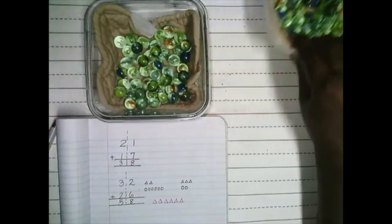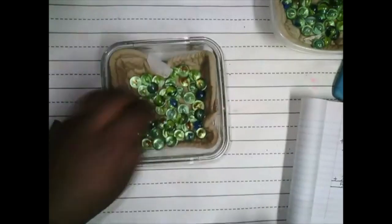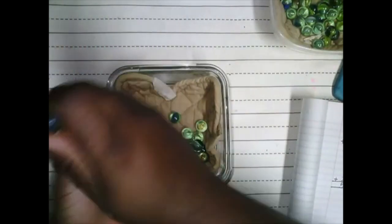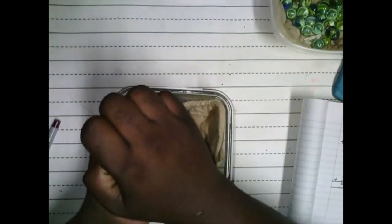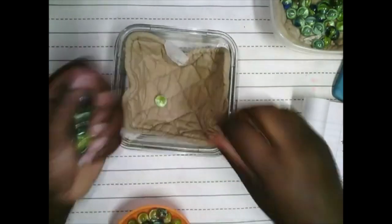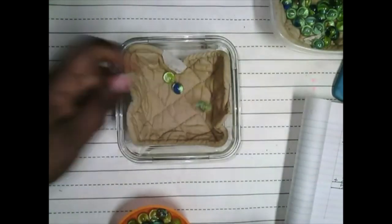So let's see how many marbles Miko has. We're going to count Miko's marbles, and these are a lot of marbles. So I'm going to take them out first. And I'm going to use one of these braids because I don't want to drop his marbles. You know, marbles are very important to boys. So we have 1, 2, 3,